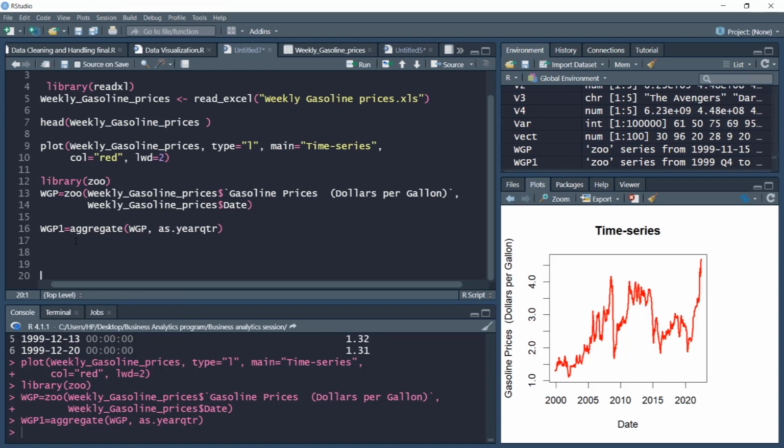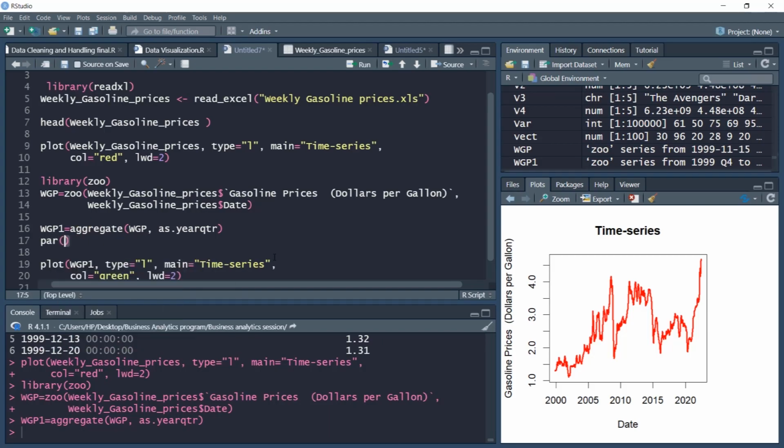If you want to see the plot, it's very easy. I can simply use the previous plot command itself and plot both of these. In the quarterly series, I need to simply type WGP1, and I'll use the green color probably. I'll try to superimpose, or put these graphs together. For example, I'll use the par mfrow command. This mfrow helps plot multiple plots in the same window.